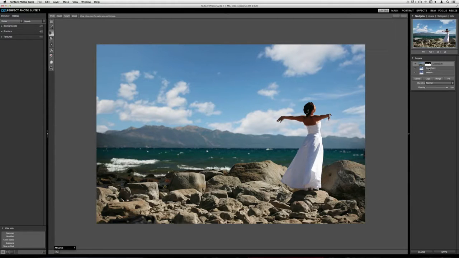And what it's going to do is make sure that these two bottom layers don't have any information on the outside of the central image. So once I'm all set and ready to go, the last thing that I want to do is go up to my layer menu. And this is really, really important. If you go up to your layer menu and you choose new stamped layer,